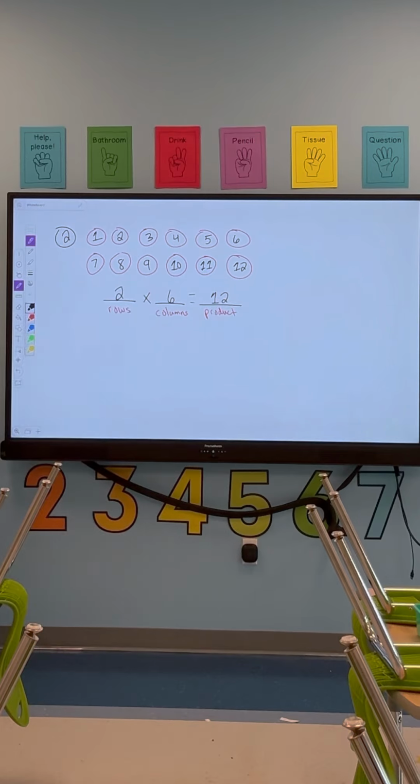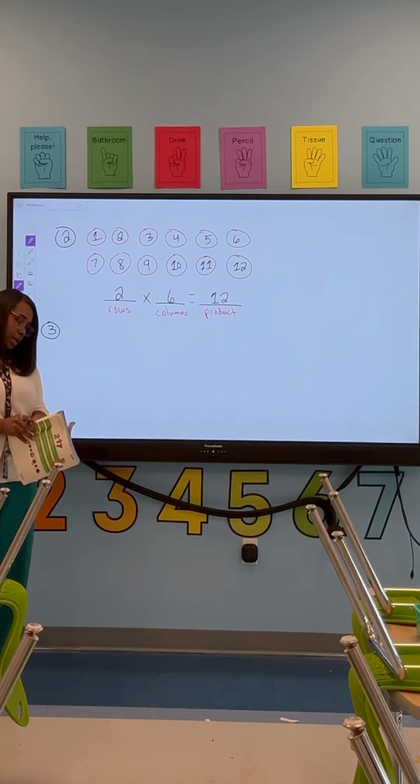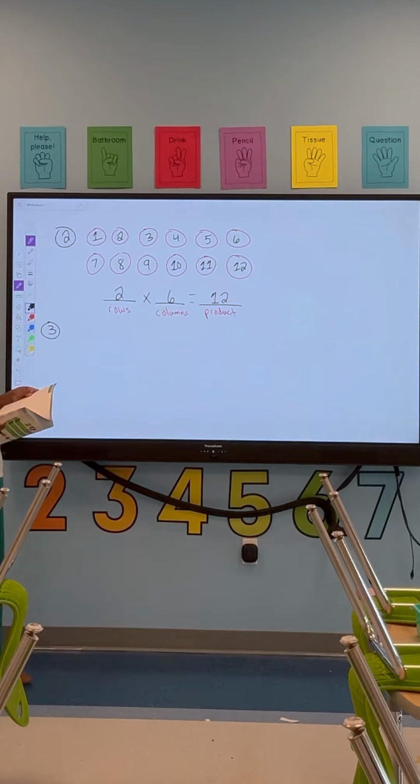That is how you would do number 2. Then if we would move on to number 3, which is in the back, that's on page 96, it says, draw a picture of 4 equal groups of 3 buttons. So they asked for 4 equal groups. That means we're drawing